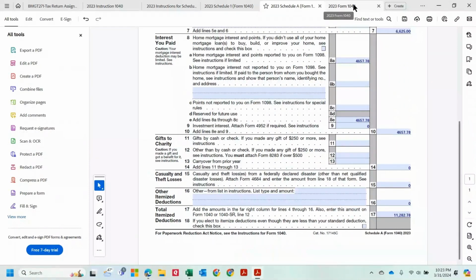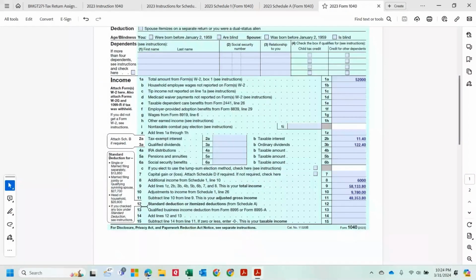Back to our 1040. So this was all done to answer this question right here about line 12. Which do I put in? 11,282.78 or 13,850? Because these are deductions from my income, the bigger the number means the less tax I pay. In this case, I'm going to take the standard deduction of $13,850. If my number from Schedule A was larger, I'd put that there. But don't take the itemized deduction if it's